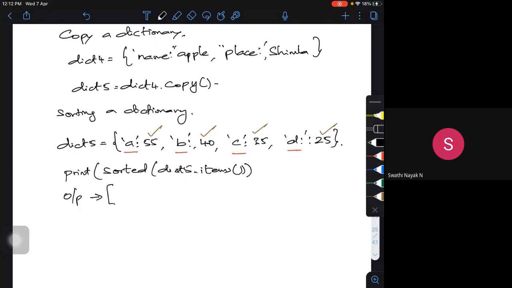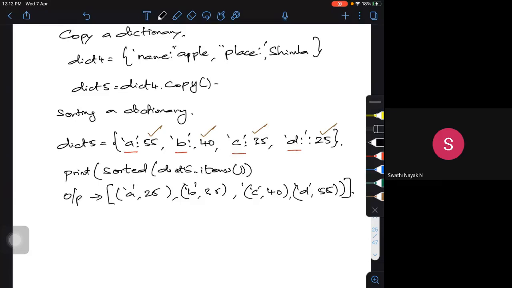It will be A 25, B 35, C 40, then D 55, all within the braces. It tries to sort in ascending order.